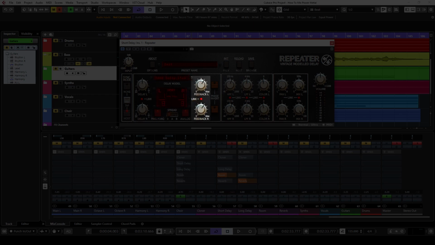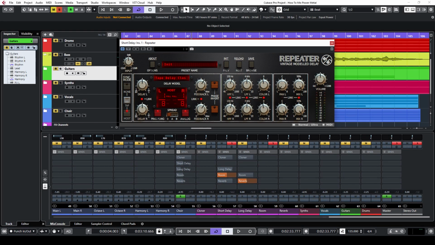I set the feedback value at 66%, cut the low frequencies below 186 Hz, cut the highs above 4.1 kHz and set the color value to -7%. The left side of the delayed signal is panned 100% to the left and the right side is panned 100% to the right. The mix value is at 100%. This delay track is sent into the Room FX track to give it a little bit more space. Let me show you how this effect sounds.